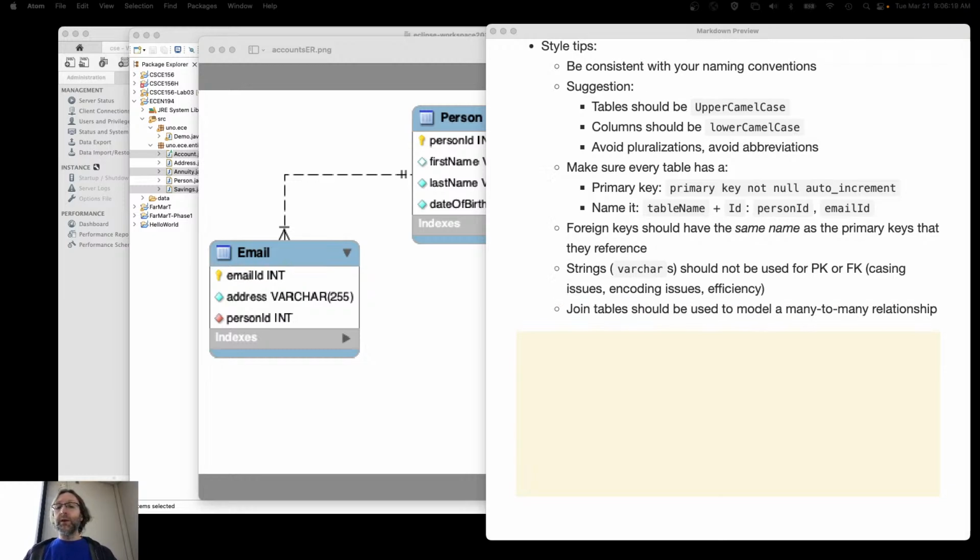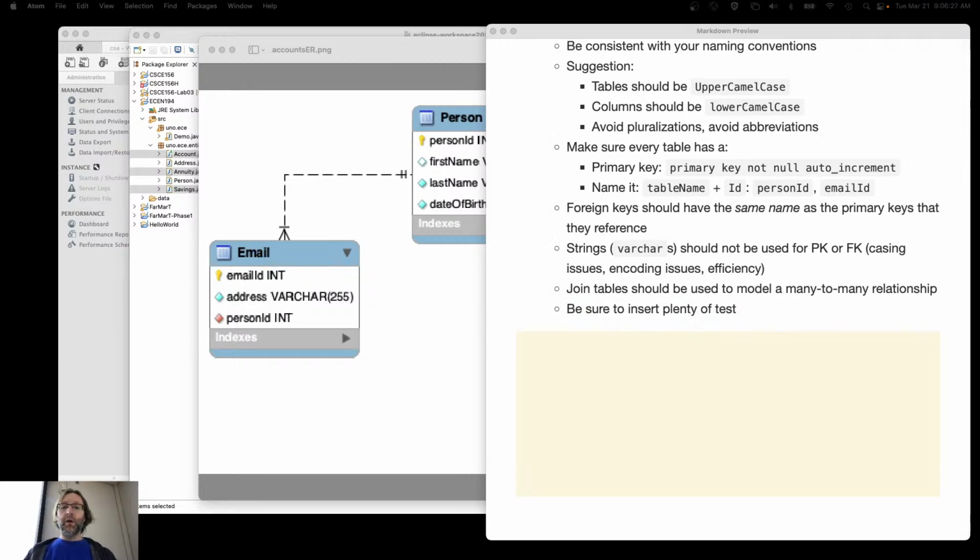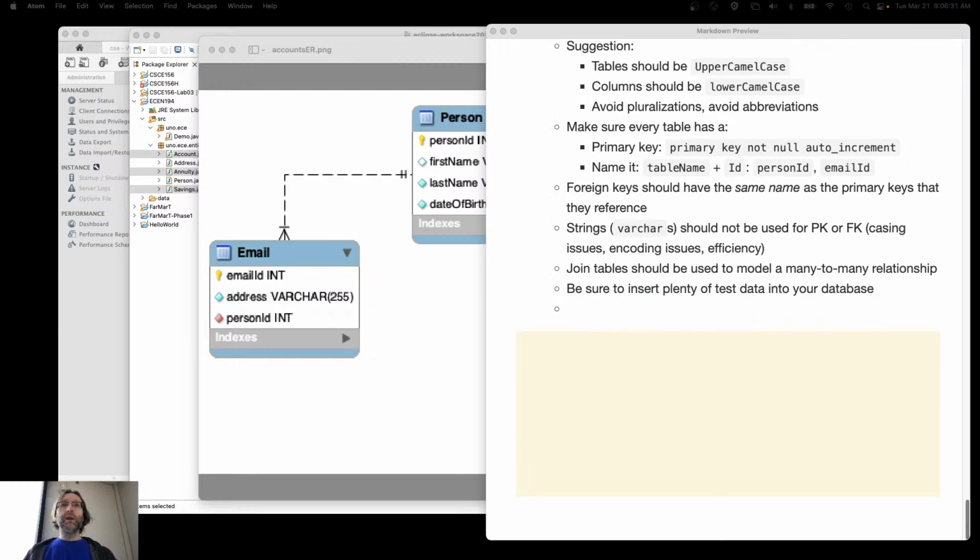Join tables should be used to model a many-to-many relationship. Be sure to insert plenty of test data into your database, right? In fact, you're going to be required to do that for your project on this next phase due in about 2 weeks. Remember that when you did the first couple of phases, we encouraged you to use a website or a tool to generate data. And then we also gave you another website to generate the test cases,